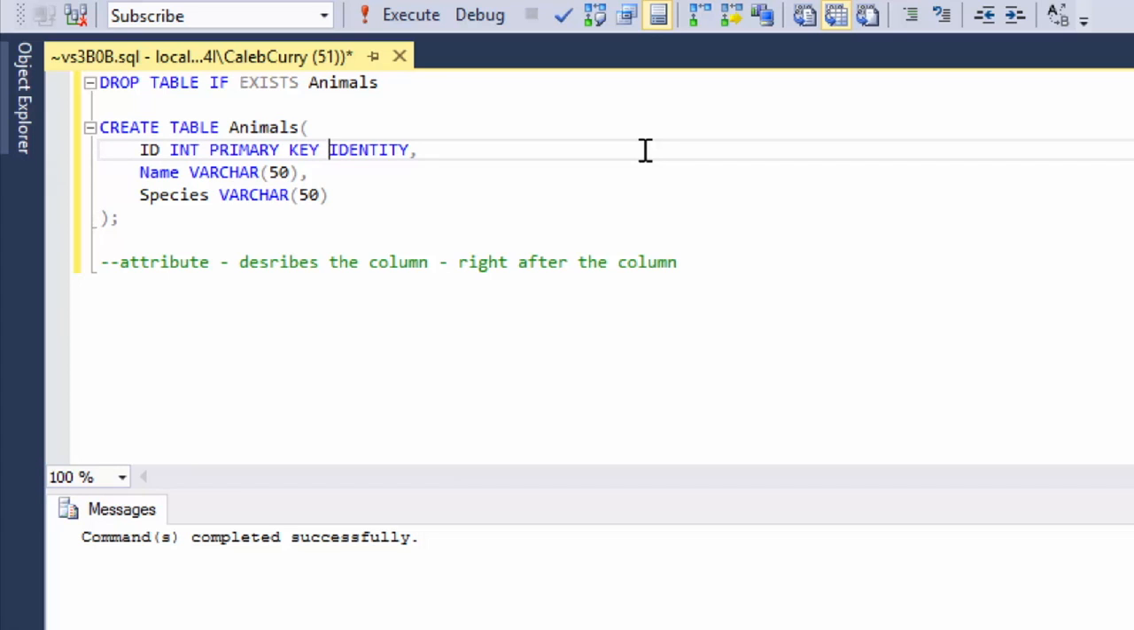But we might want to add some of those attributes to some of the other columns. For example, this name here, we might want to say a name is required. So to do that, you can just say not null. Same for the species. Another attribute we can use is unique. The thing is, here we don't really have a good column to use this attribute on, so let's add another